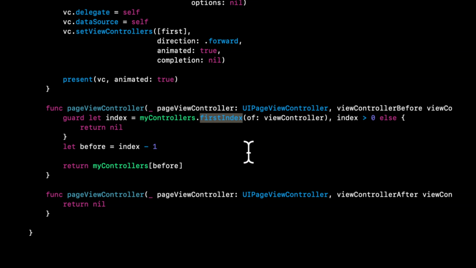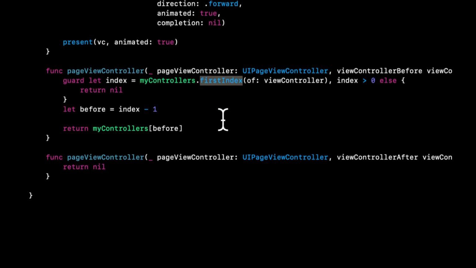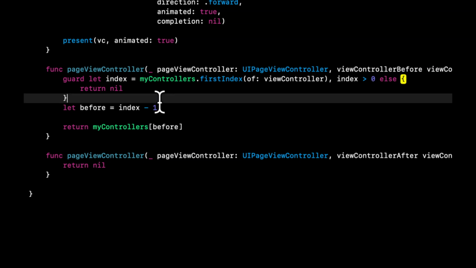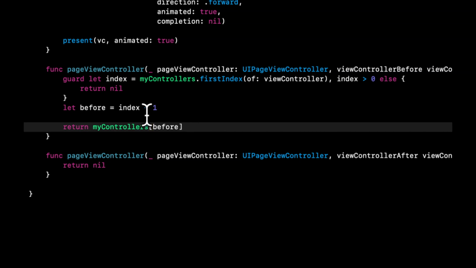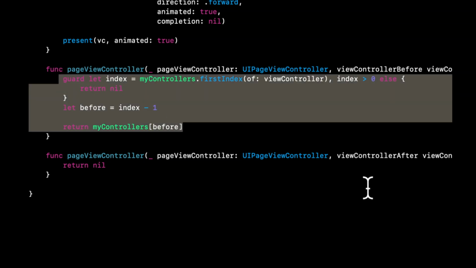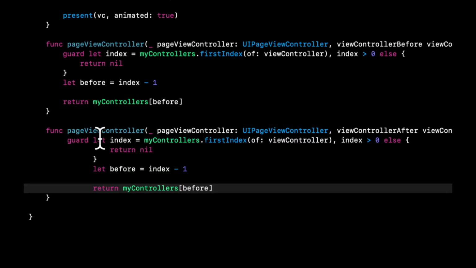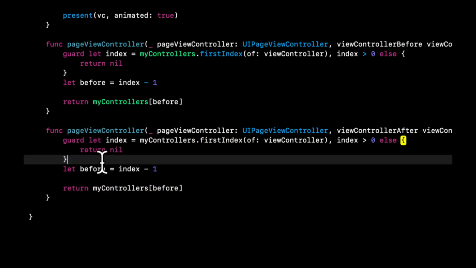The assumption we're making here, because we're using firstIndex, is that we have no duplicate controllers. Once we find that index, we'll make sure it's greater than 0, because we can't have a -1 index position, and we'll subtract and return it. So similarly, for the viewControllerAfter function, we are going to paste that in,